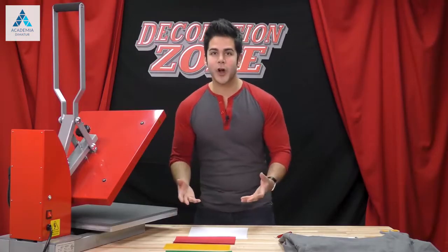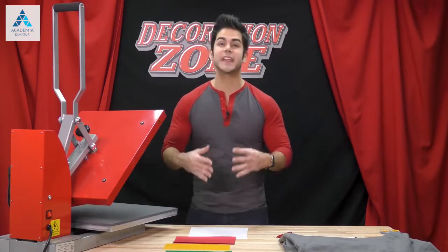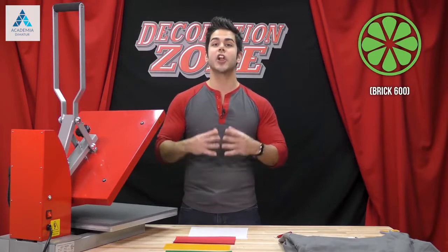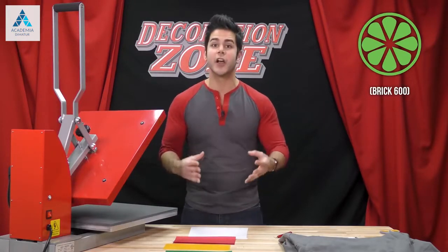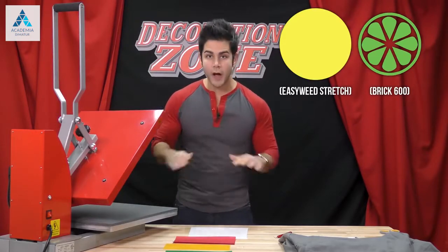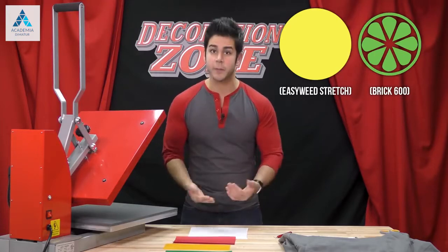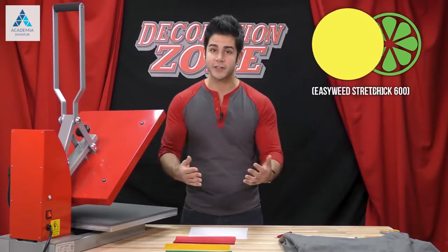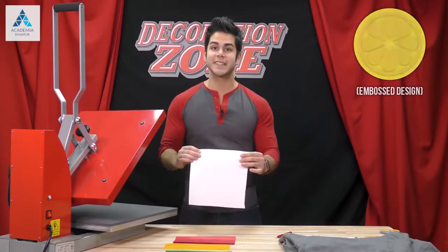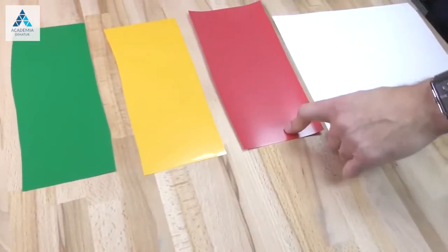So when you're setting up your artwork for the embossed design, you want the graphic portion of it to be cut out of the Brick 600. Then you want a piece larger than your Brick 600 cut out of your EasyWeed Stretch. So no matter what color you have underneath it in the Brick 600, it doesn't really matter because the colors of the EasyWeed Stretch are what are going to be appearing. So today I'm going to be using Brick 600 white, and I'm going to be using green, yellow, and red